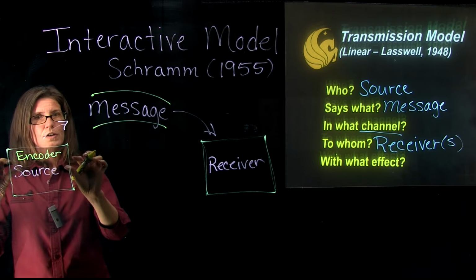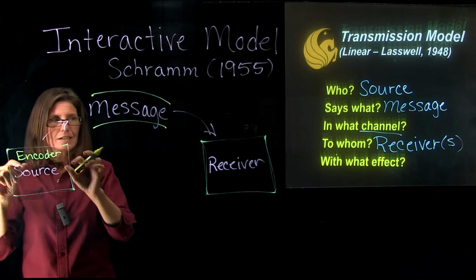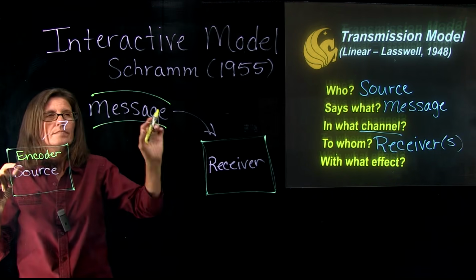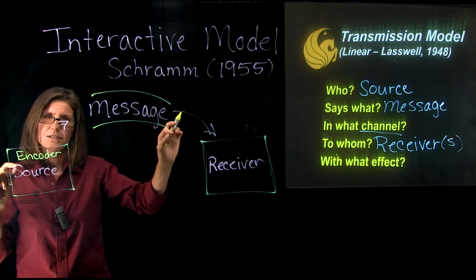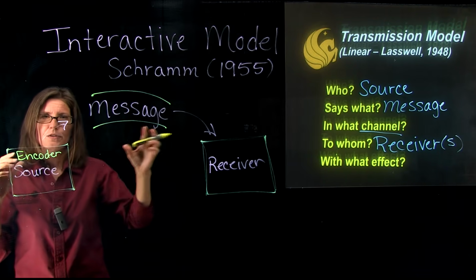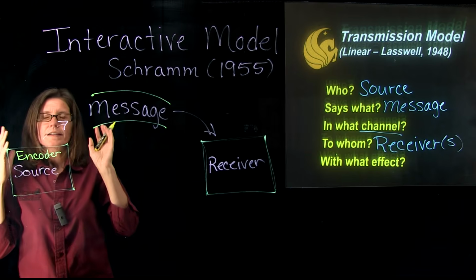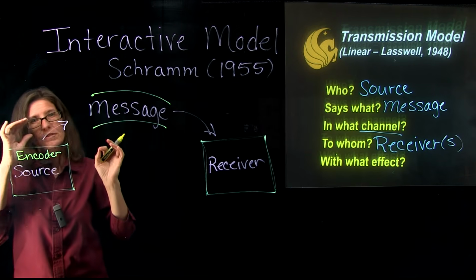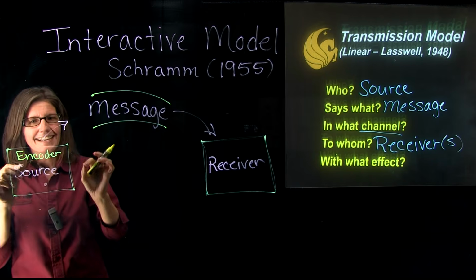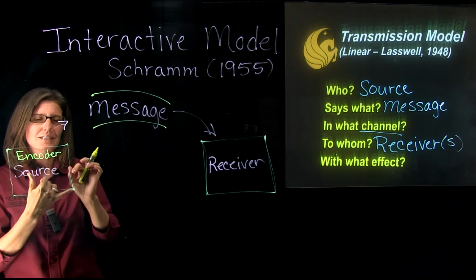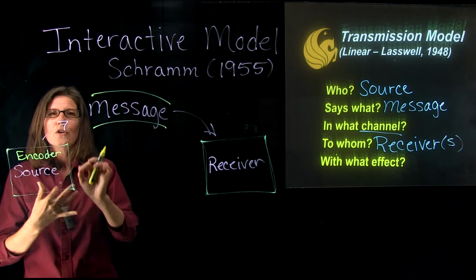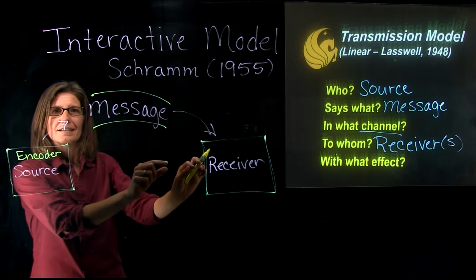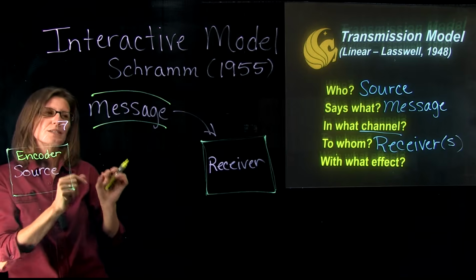And so when the source is developing the message, when they're constructing that message for that receiver, they're thinking about that receiver and how can I send that message best to that receiver. So they have an intended way that they want the receiver to interpret that message, and how do I get them to interpret it the way that I intend? Well, I encode it. I use specific types of language, I use tone, I use nonverbal communication to help me send that message to that receiver in a very specific way.